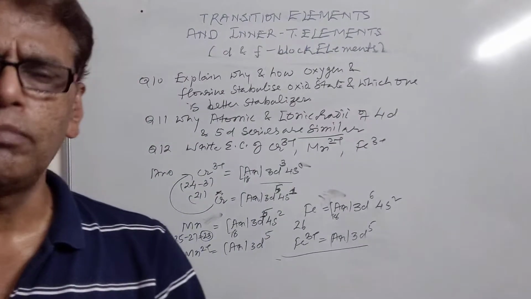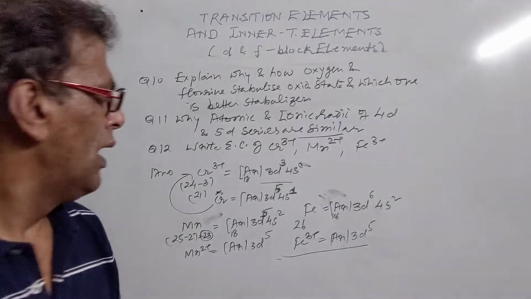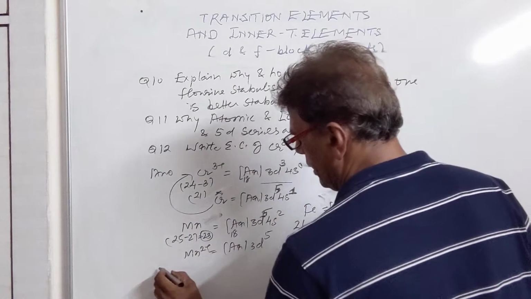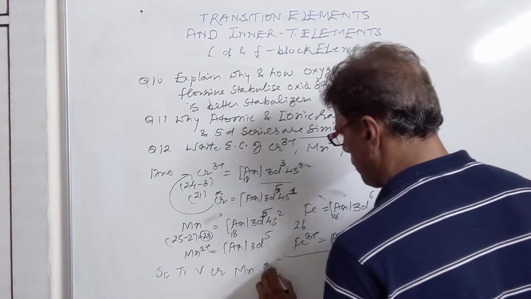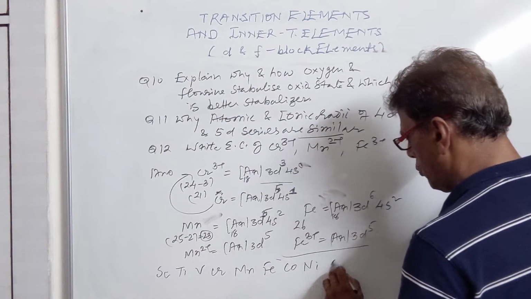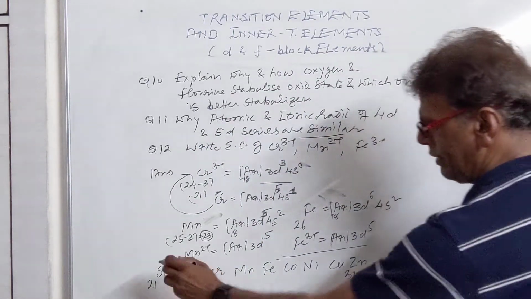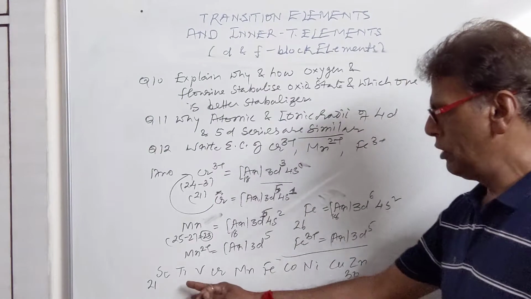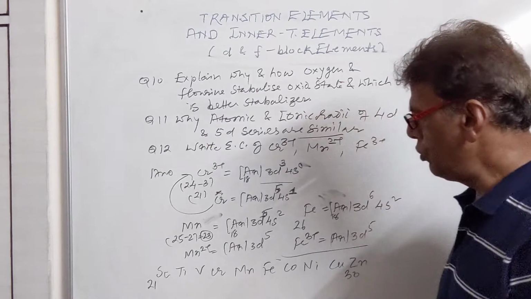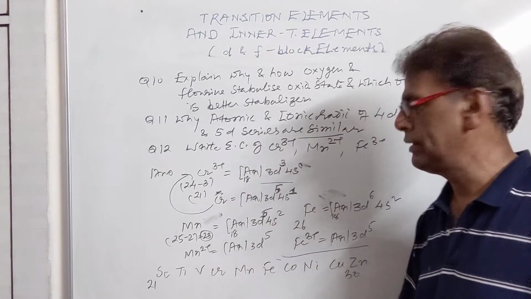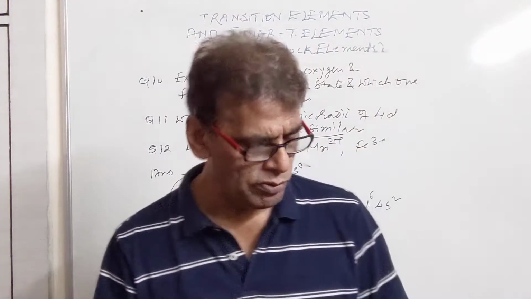You must know the atomic numbers of the whole series. When the atomic number is known, there is no problem in solving these types of questions. You memorize the first series elements with the mnemonic: Shakti, Vakar, Manfi, Koni, Kujan. Scandium is 21, zinc is 30, and the atomic numbers in between are 22 to 29. So if you memorize the series in a sequence, then there is no problem in memorizing the atomic numbers of these elements.